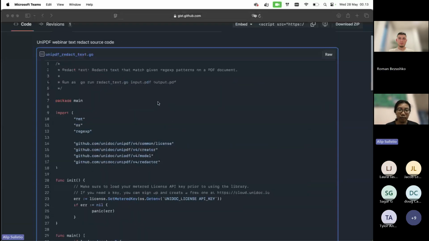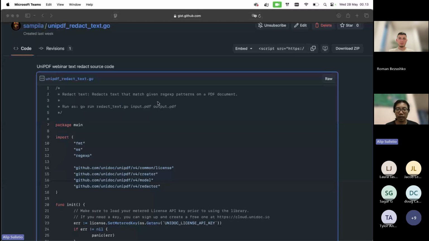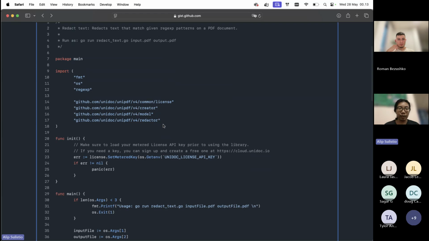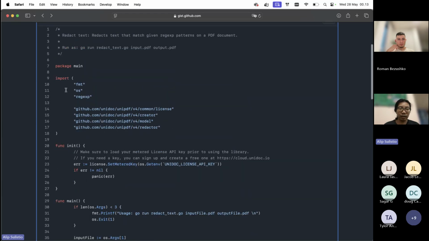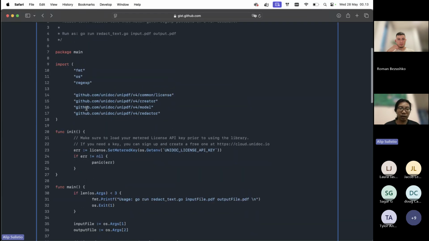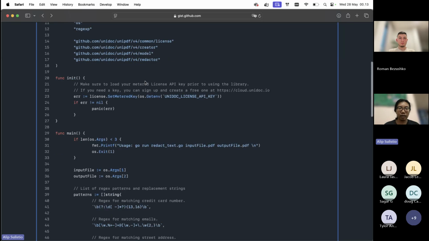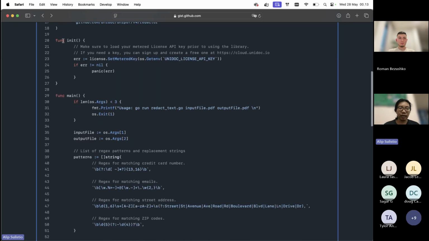So here I'm explaining the complete source code for this webinar, how to redact a PDF using UniPDF. Basically, the import part has the key packages that will be required. First, you need to load the UniPDF license package, then creator, model, and then the redactor package. At first, in this init function, we set the